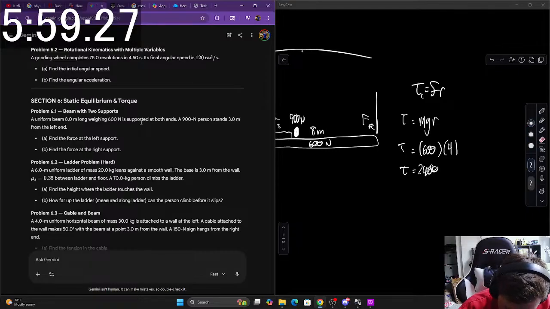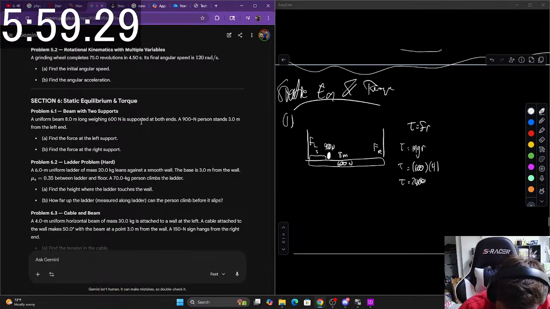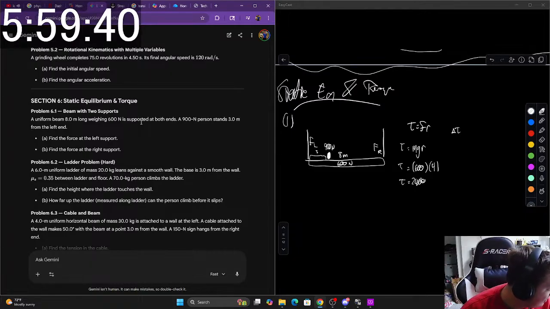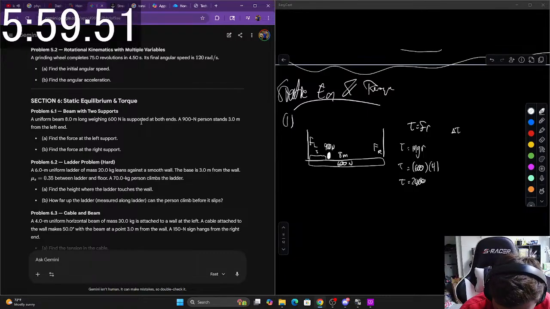So this is the T for both. Okay. So total torque is equal to what? R times F. We don't need to find the torque, we need to find the force. Force is equal to mg. Well, I guess we could have found the torque, but